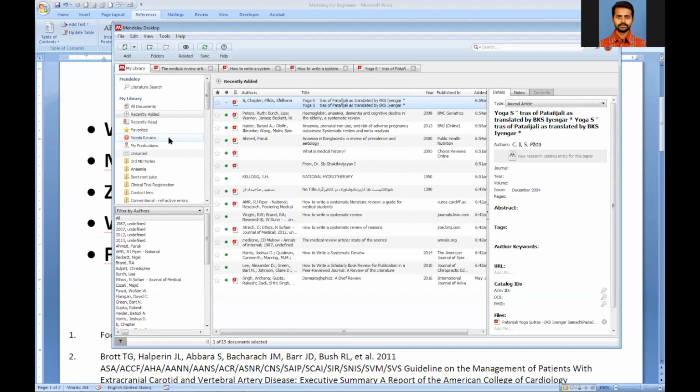But this software is a very good tool, and among all the reference managers available, I think Mendeley is the best, because it was created by a group of researchers who thought the referencing software available was not very friendly for working in collaboration. That's why they made this, and it's wonderful. There is a YouTube channel for Mendeley, all short videos. Go and see that. You will understand very clearly if you have any more doubts.